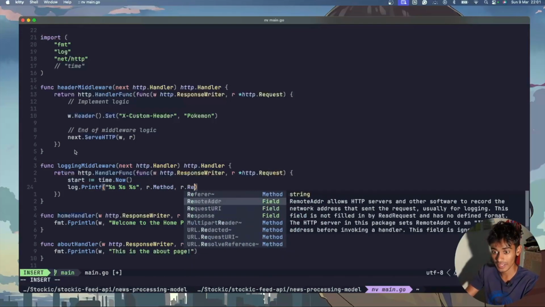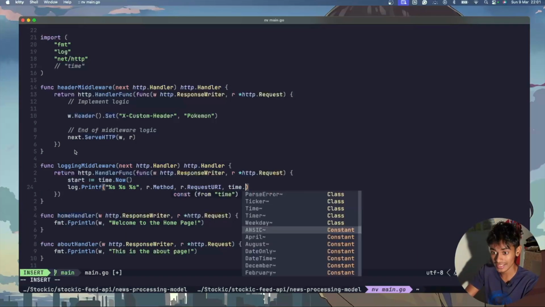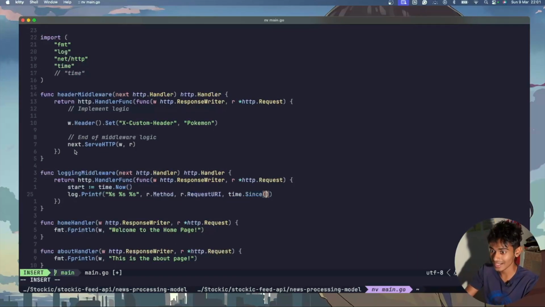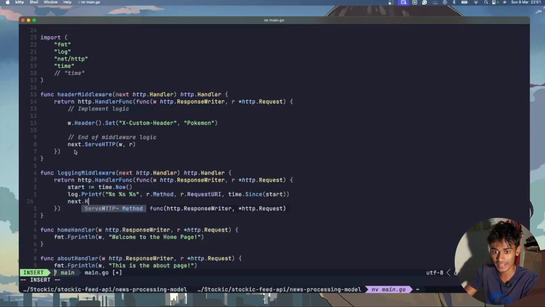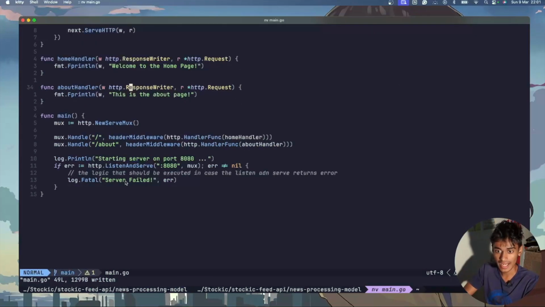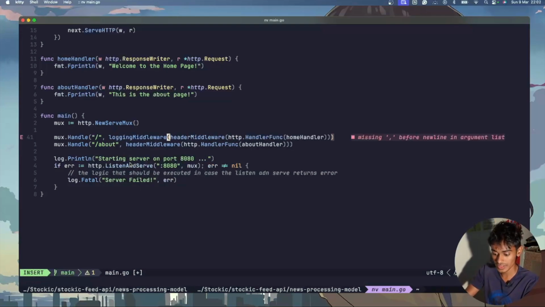I will have r.RequestURI, which URI it was trying to access, and I will have time.Since. So what it will do is, since the start, when did this request come? So I'm going to give a start for this, and I will go ahead and do next.ServeHTTP. Perfect, sounds good. And now I'm going to wrap it in here, logging middleware, remove this, go to the end of the line, cover this up,